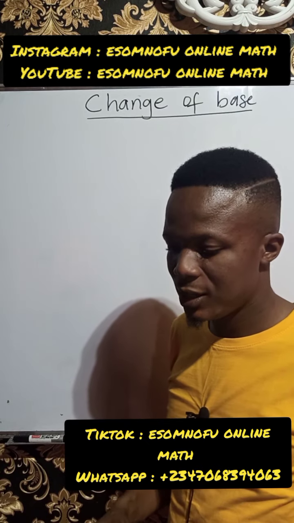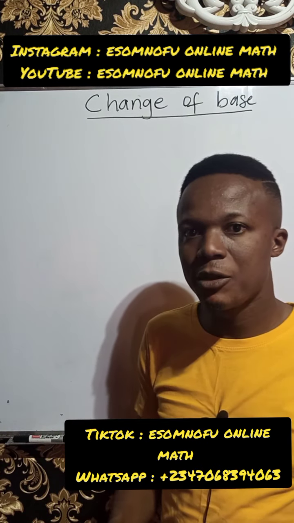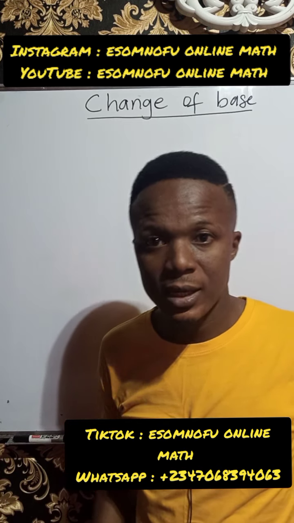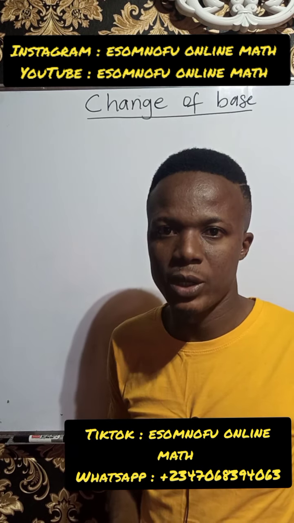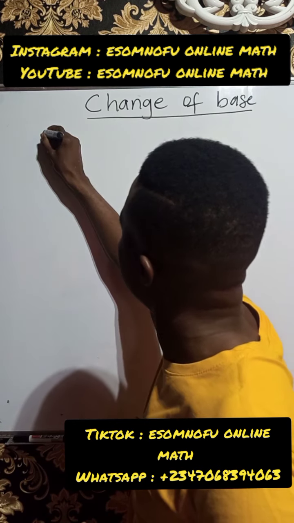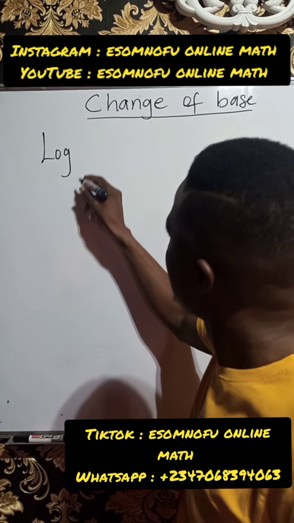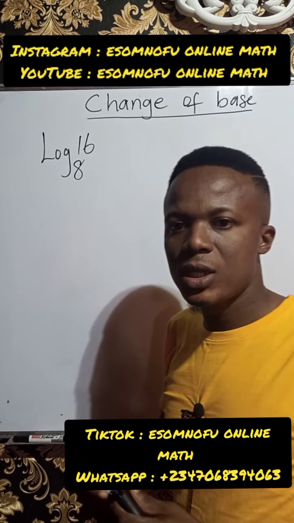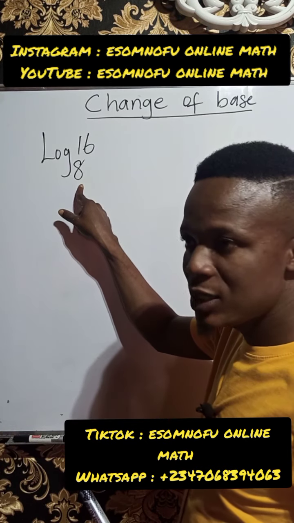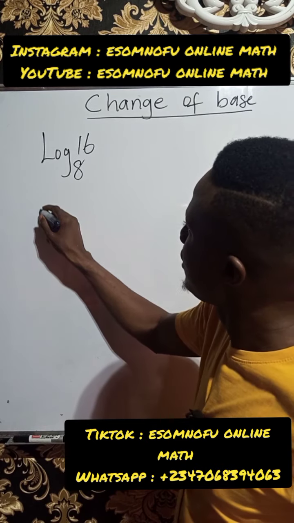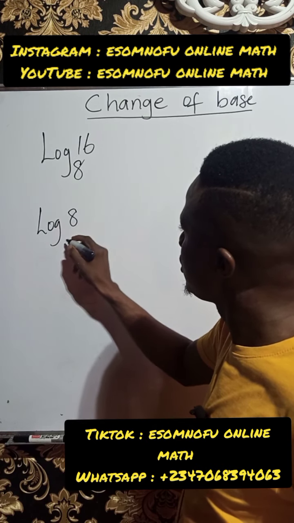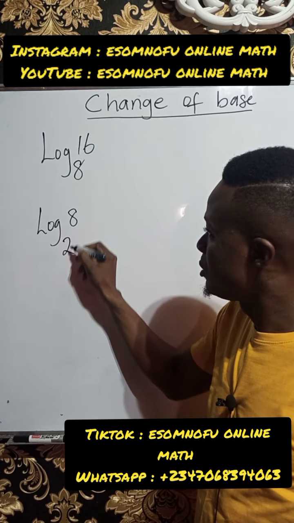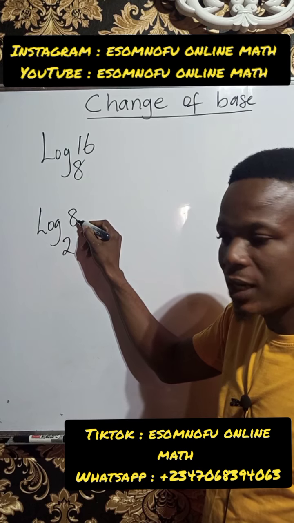Change of base is applied in indices when the bases are no longer useful to you, when the bases can't help you to perform the operation you want to perform. You can as well decide to change the base. For example, when you have the logarithm of 16 to a base of 8, you will see that there is no power you are going to raise 8 to get 16. But assuming you have the logarithm of 8 to a base of 2, you will see that there is a power you can raise 2 to in order to get 8,